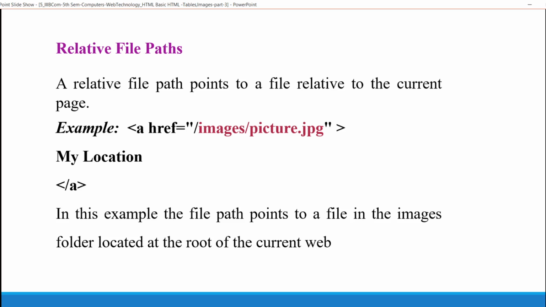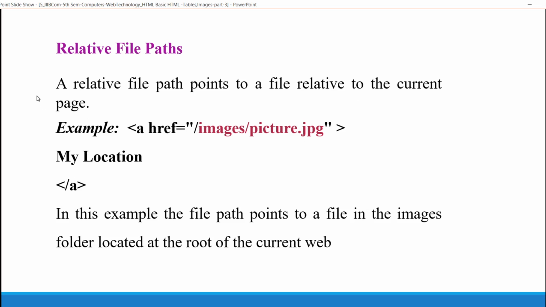Then what is a relative path? The current page of the file points to a relative path. If you observe here, I have placed a href equals to images/picture.jpg. Whereas in the previous case, if it is absolute, I have to provide https, drive, username, some other names, images, pictures.jpg. Here I am providing just images/pictures.jpg. Images can be taken in formats like JPG, GIF, and also PNG. Here I have taken JPG. You can also take GIF or PNG.